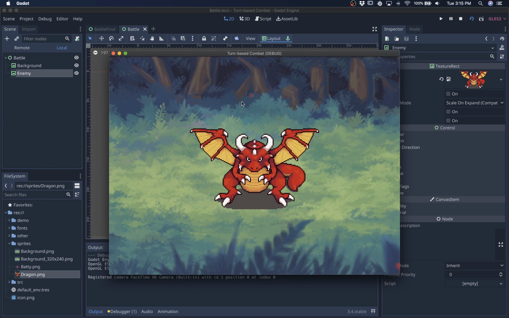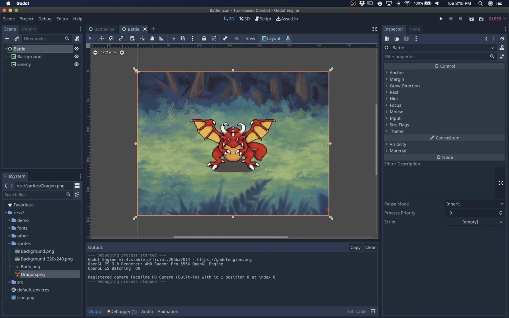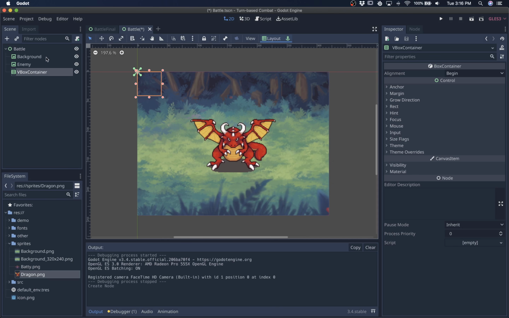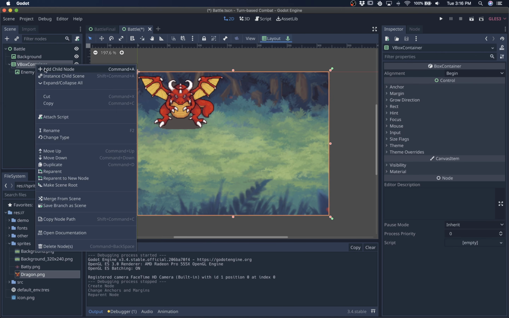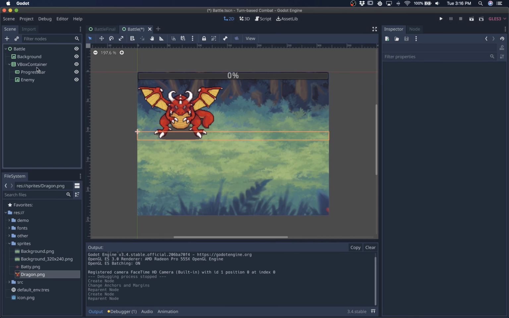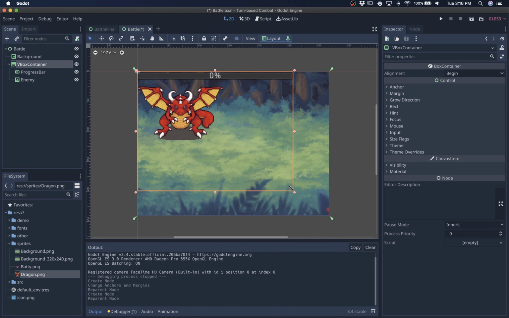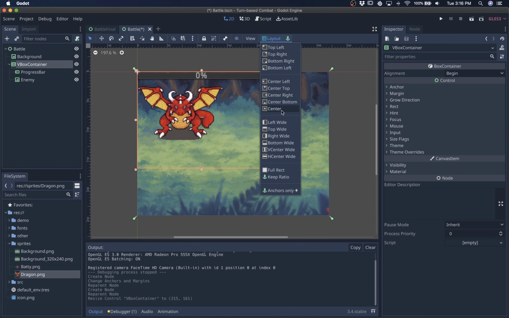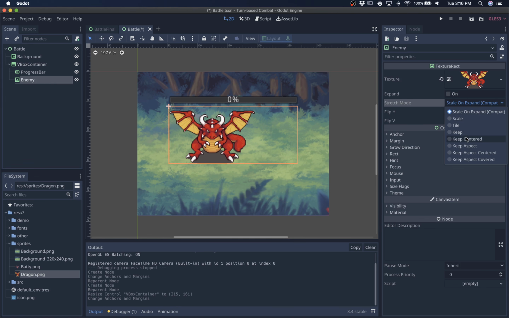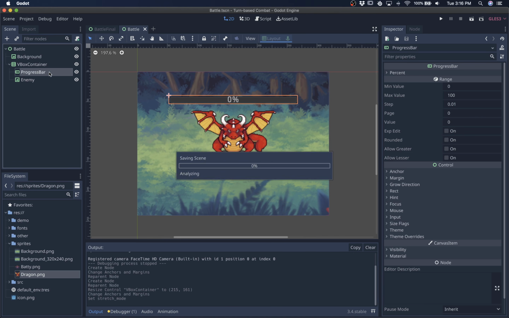So let's go ahead and get the health bar first. The health bar is going to hover above the enemy. So I'm going to create a VBox container so that the health bar and the enemy can be vertically aligned. Create a progress bar, move it above, and here's our VBox. I'm going to make it a little smaller and then center it, come to the enemy, keep it centered, and then for the progress bar,